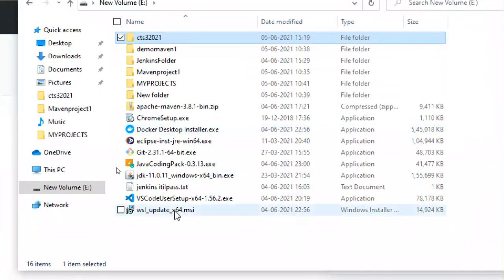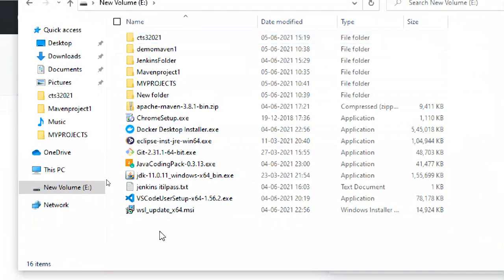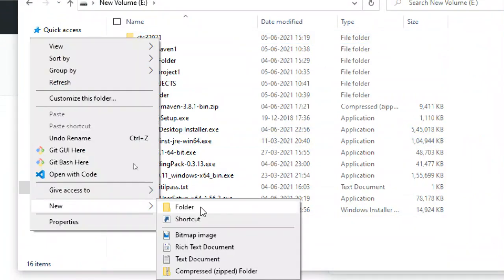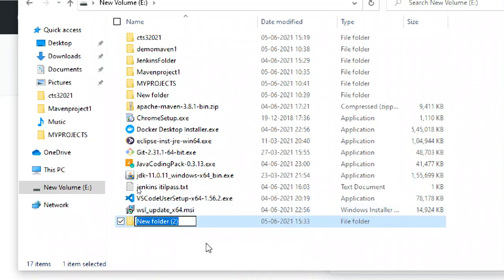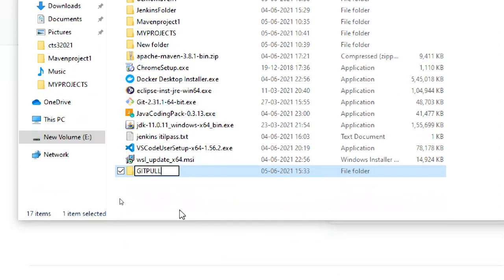I'm going to create a new folder. I put the name git pull, or git clone projects.